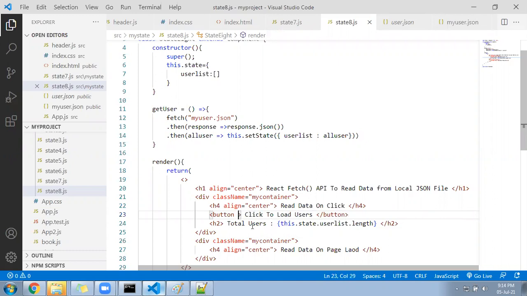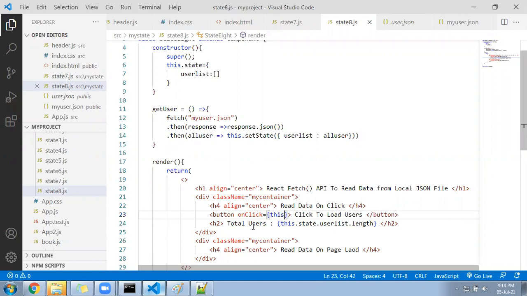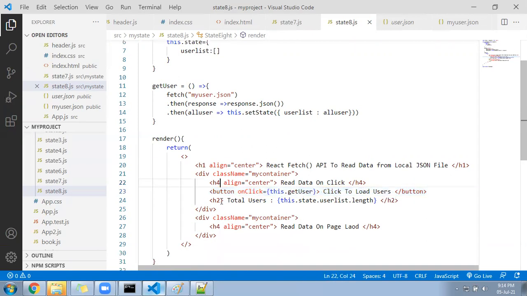On click, I will write onClick equal to that function name. Since it's a class, I will write this.getUser, right? That's all. So this class is written, the function is written here. Now I'll go to my page and see whether on button click this function is called or not. If the function is called, it will read the data, give it to the state, and once it goes to the state it will call the render, and render will show me the length, right?